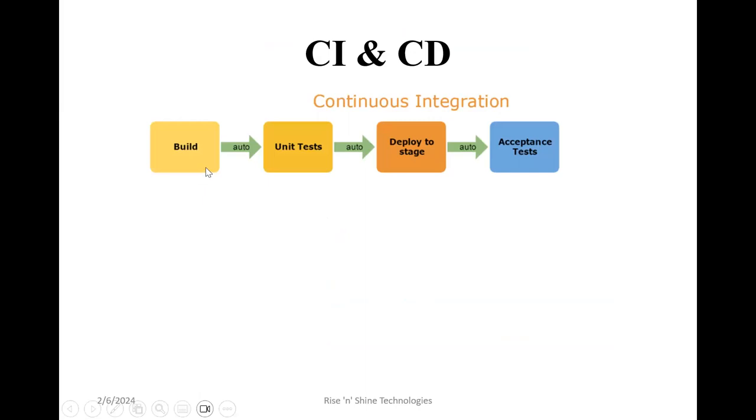What is CI? Once the developer's code is ready, build it, run the unit test cases, deploy that to the staging environment and run all the test cases. That is the functionality test cases, whatever has been planned. So complete this process. If we have completed these stages in the process, we can say integration is done. And it is done with an automation approach. There is no manual involvement here.